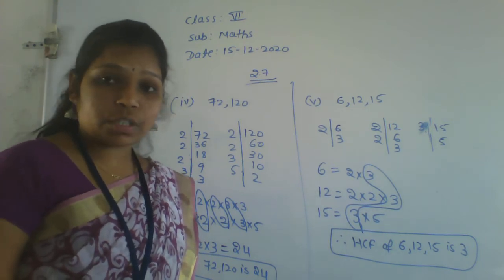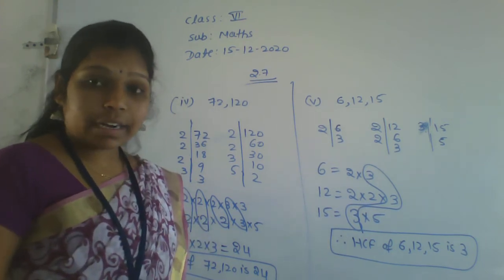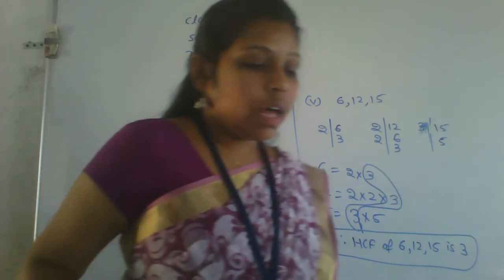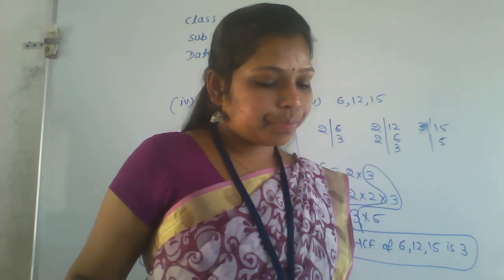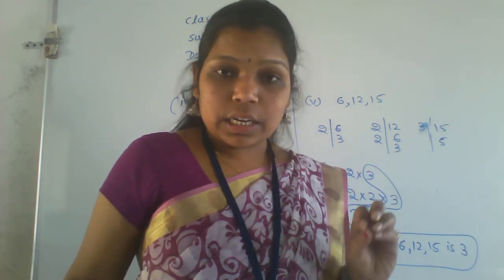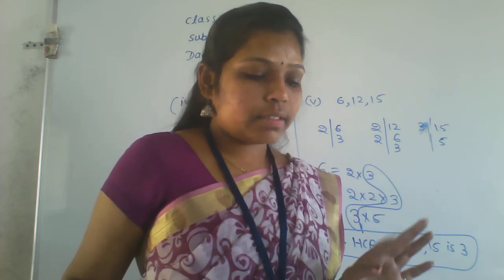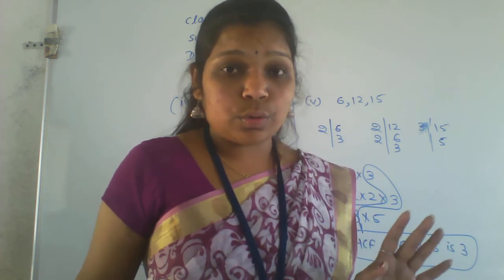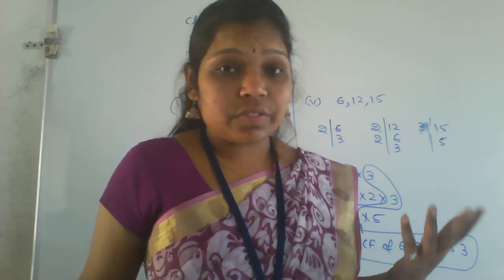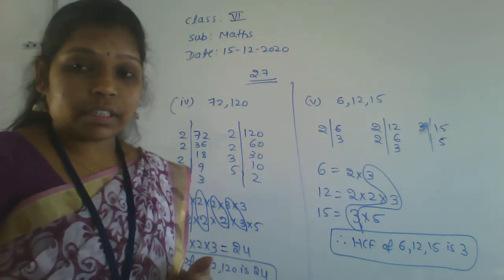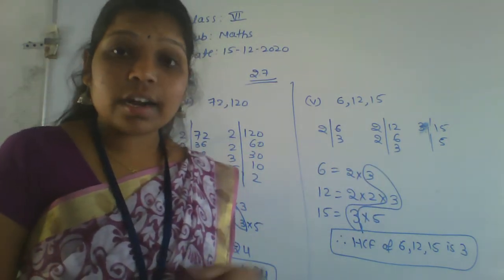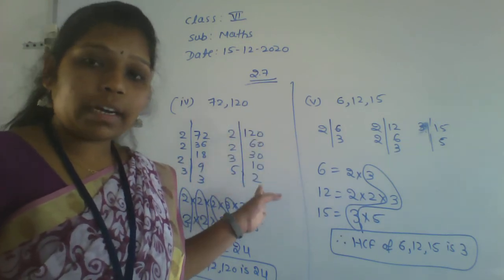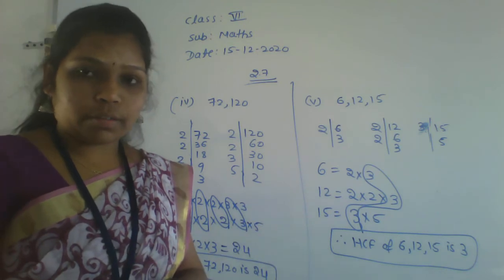Using prime factorization, you are finding the HCF of the given numbers. I solved only 5 problems. The rest, the 6th, 7th, 8th, 9th, 10th, 11th and 12th, do it yourself, because this already came in 5th standard. Even though you already learnt it in 5th standard, I told you how to do the first 5 problems. Similarly, do the other problems in the second main also.